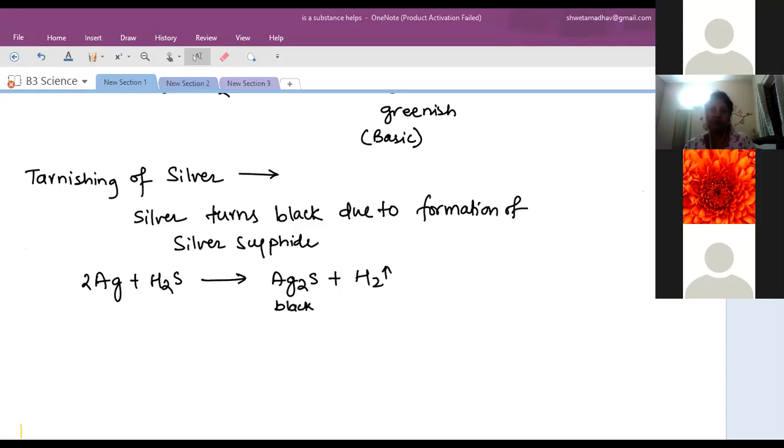These are the four methods, and there is one more method which won't prevent oxidation, but it will slow down the process. That is refrigeration. By refrigerating the food, we actually won't prevent the oxidation process. We can only reduce it, so it slows down the process. Instead of the food getting spoiled in one day, inside the fridge it might be saved for 4 to 5 more days. So it is only slowing down the process. Clear?